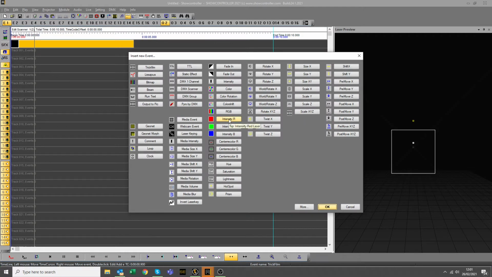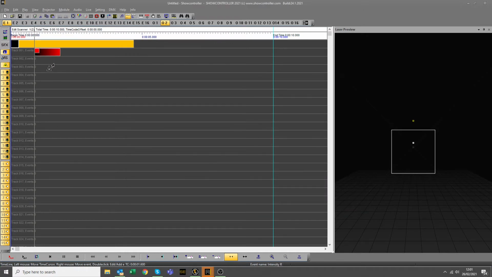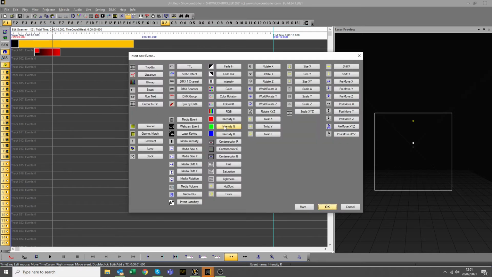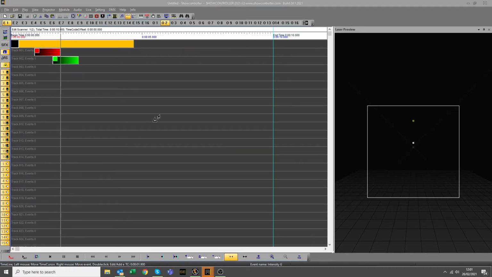I also want to change the colours. I find it easier to just take control of the individual red, green and blue, so that I can change the fades as I want. So if I change that from beginning to end,